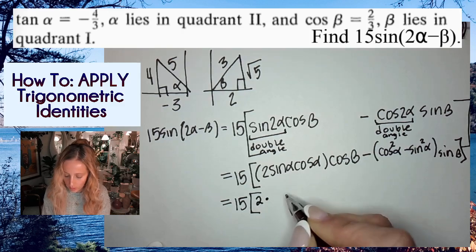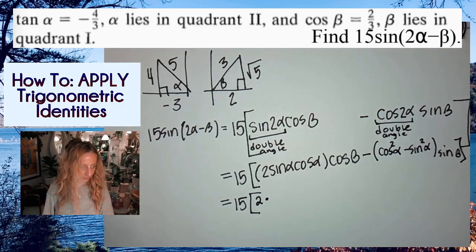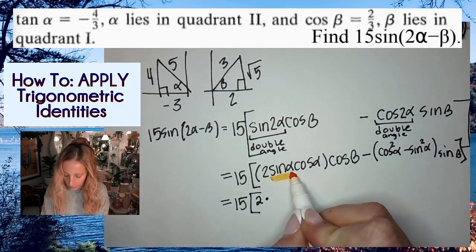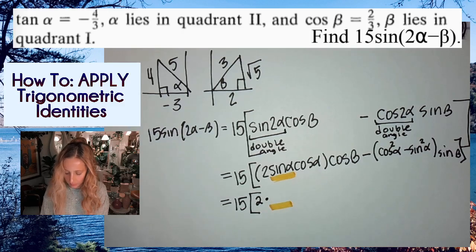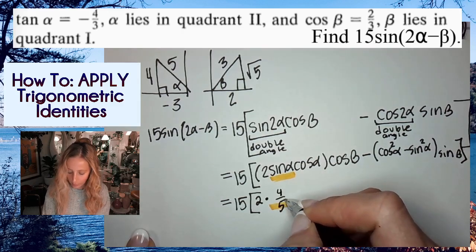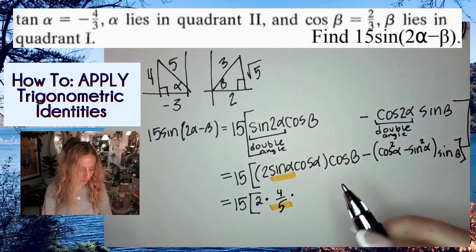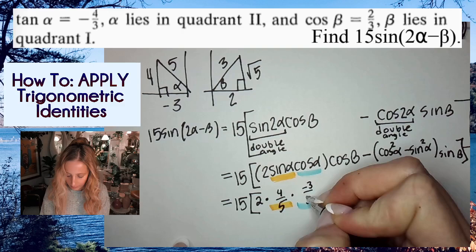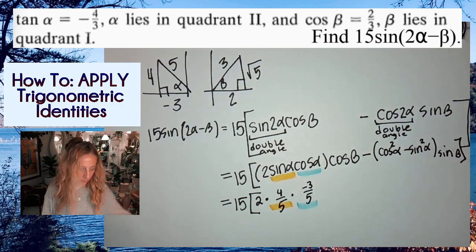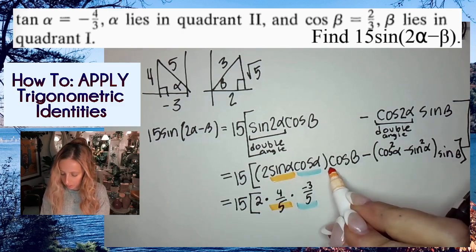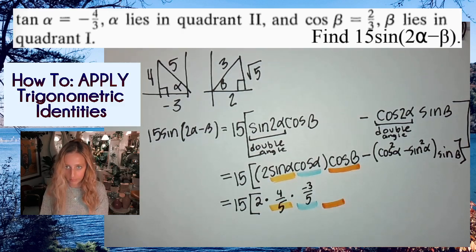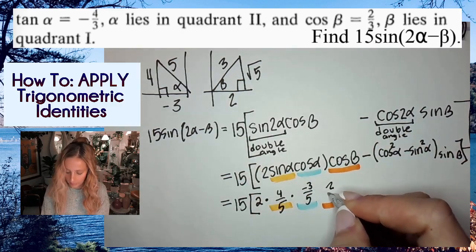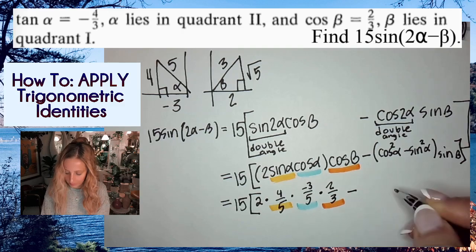So I have 2 times sine of alpha. What is sine of alpha? 4/5 times cosine of alpha. What is cosine of alpha? -3/5 times cosine of beta. What is cosine of beta? 2/3 minus